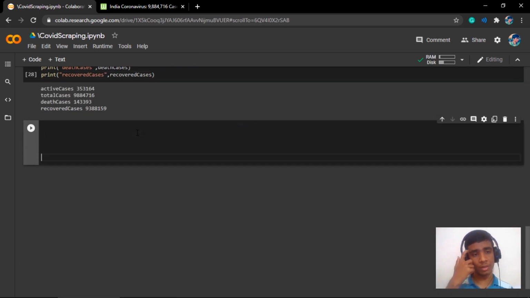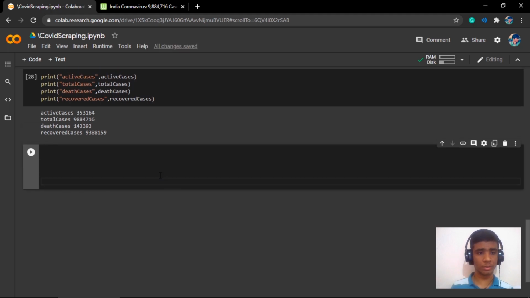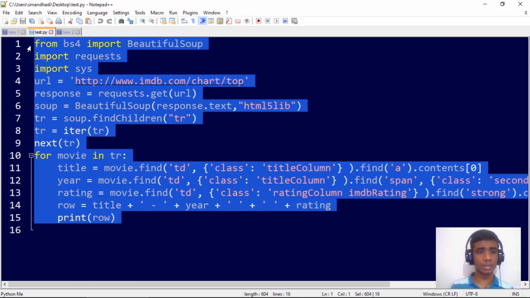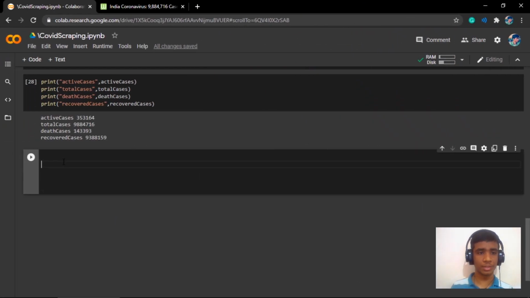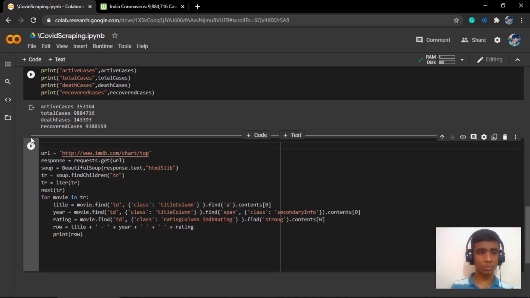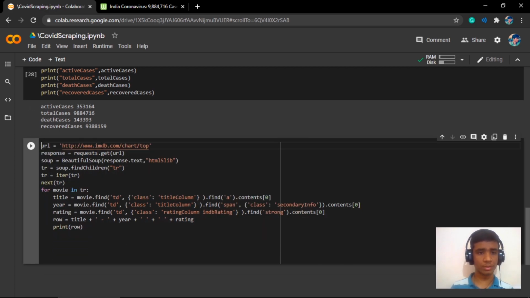I also have one other example here that I want to show. This is another script which I wrote. Let me just copy this and paste it here, and I don't need these libraries. This script is going to pull the data from the IMDb website.